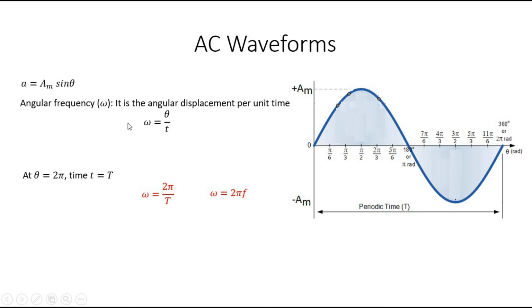That is why it is called angular frequency. So for a particular AC waveform, omega is constant. It is only depending upon the frequency. Again,